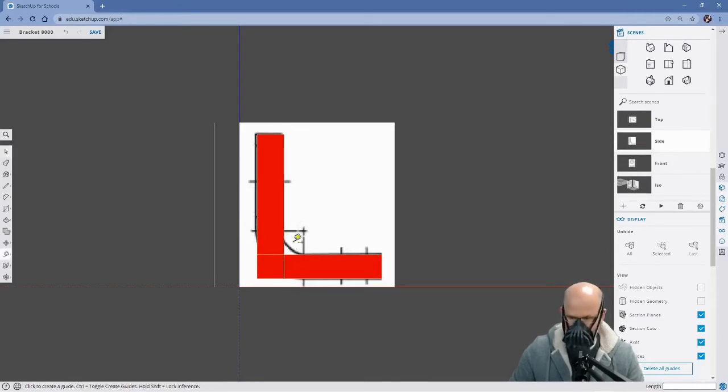So let me create a guide coming down to match the line. And I will do, let's see, I will do the same thing down here. All right. And that way I can use the arc tool to create this sweeping